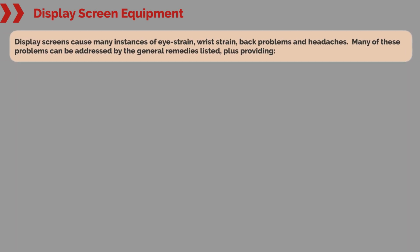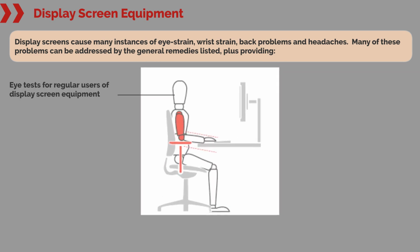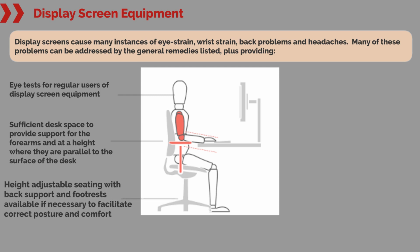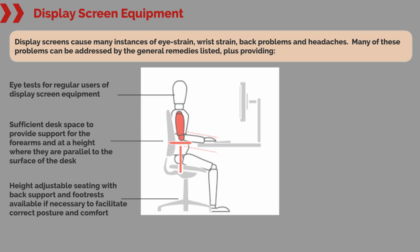Display screen equipment. Display screens cause many instances of eye strain, wrist strain, back problems and headaches. Many of these problems can be addressed by the general remedies listed, plus providing eye tests for regular users of display screen equipment, sufficient desk space to provide support for the forearms and at a height where they are parallel to the surface of the desk, height adjustable seating with back support and footrests available if necessary to facilitate correct